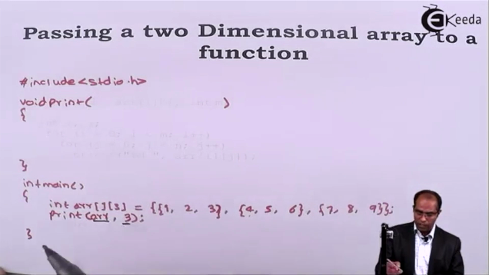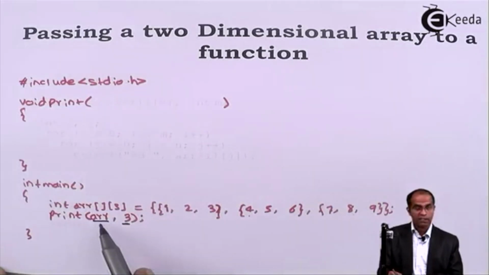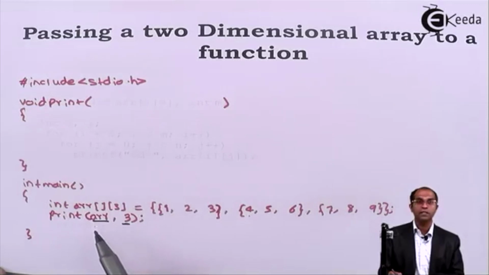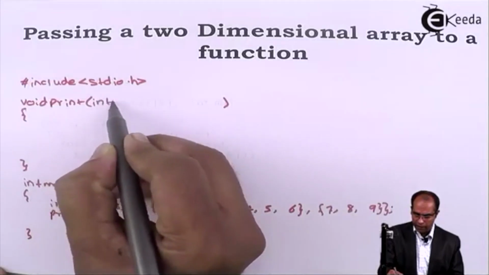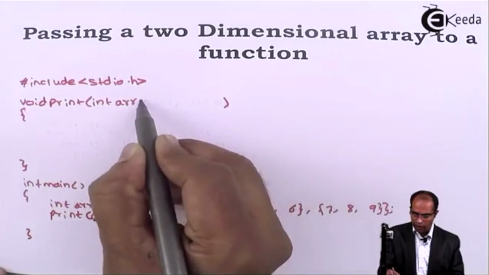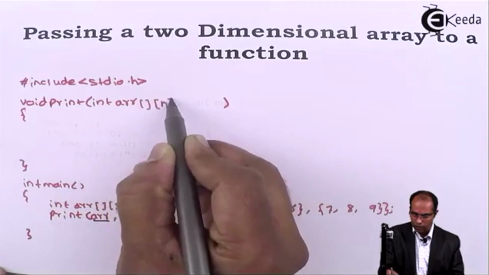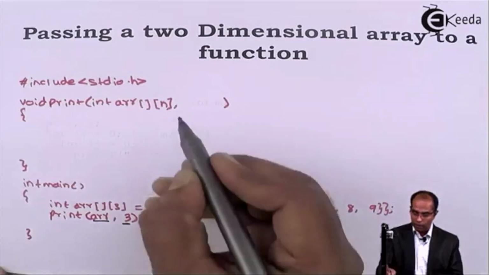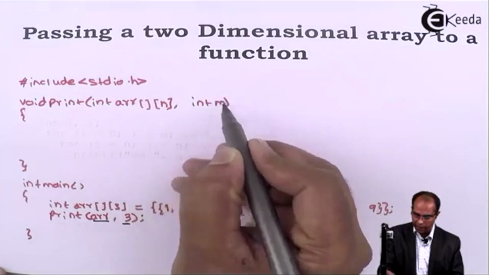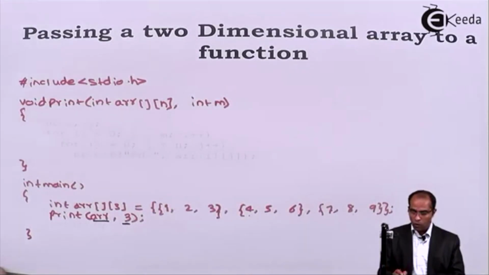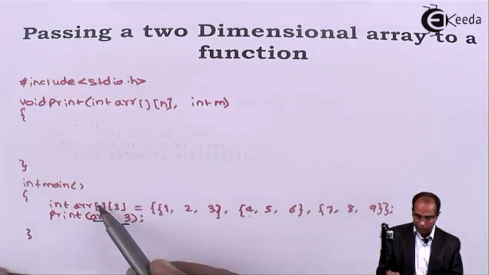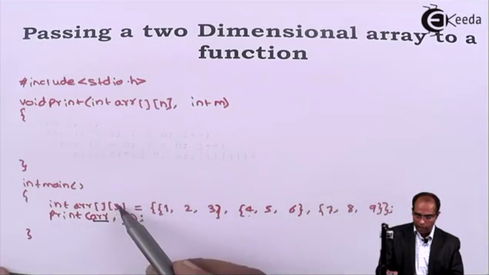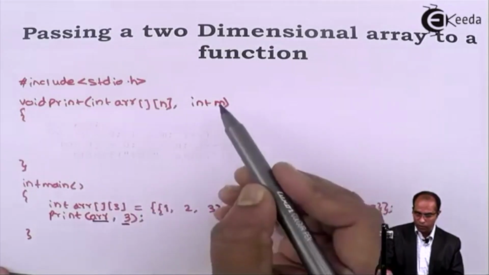Suppose the function is going to be written at this place. What are we passing as the first parameter? The first parameter is a two-dimensional array. So what I'll do is I'll say int array of the values of n, comma, the second argument let me collect it as int m, right? Now here, what is the value of n? N will be automatically decided by the compiler because when this declaration goes, this value is automatically copied at this place. So the third argument is 3 and here I have 3 rows that will be 3 copied at this place.